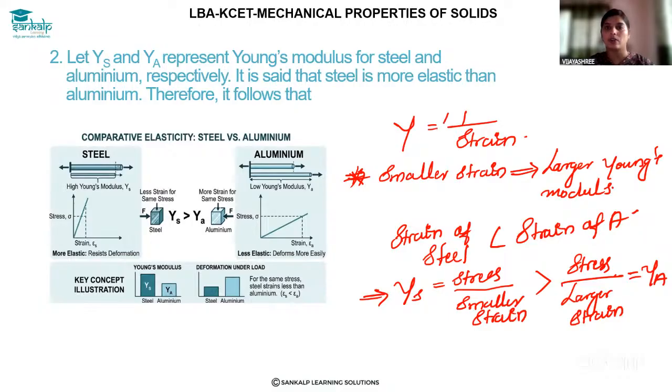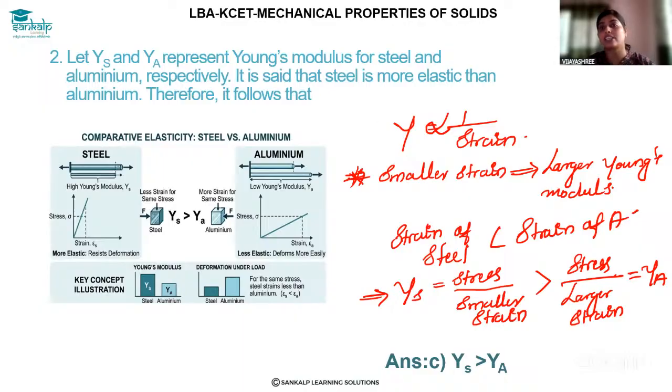As we already know, Young's modulus is inversely proportional to strain. Steel receives a small strain. That's why smaller strain means more Young's modulus, larger strain means less Young's modulus. So the right answer is Young's modulus of steel is greater than Young's modulus of aluminium